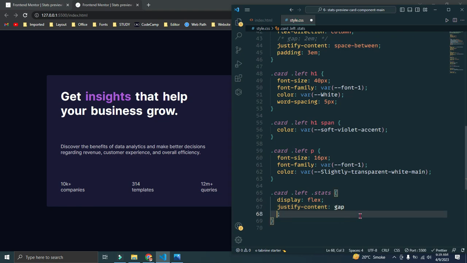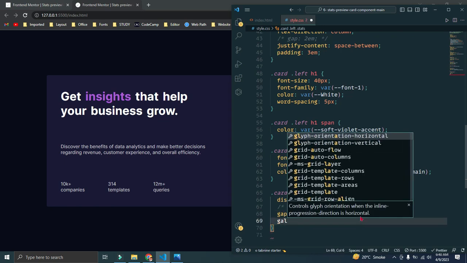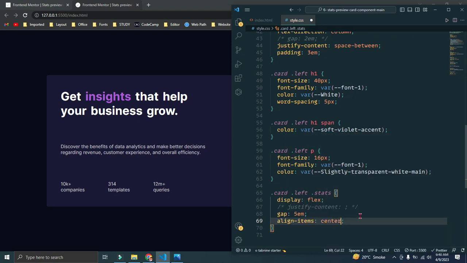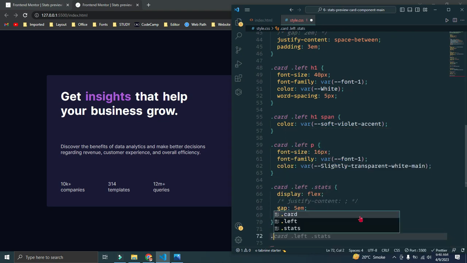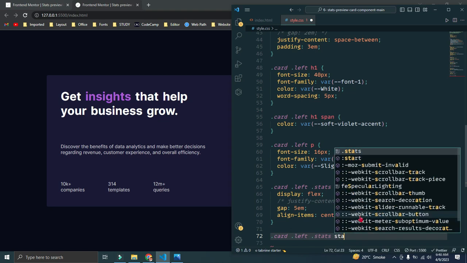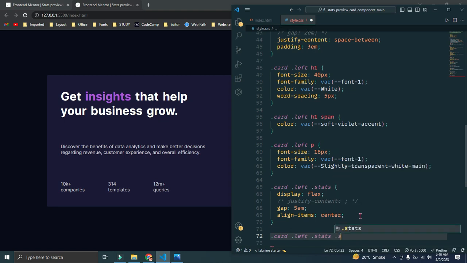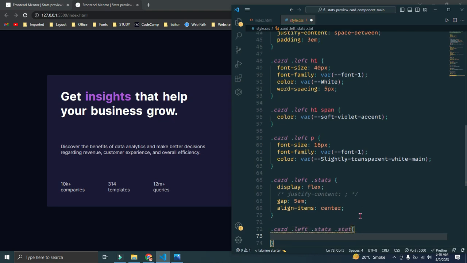We need to give the gap of 4, I think. 5, what am I doing. Okay, align items would be center. Good. Dot card dot left dot stats, and the stat dot stat,